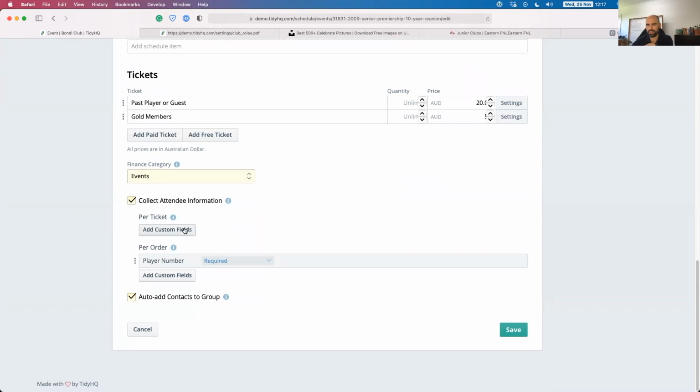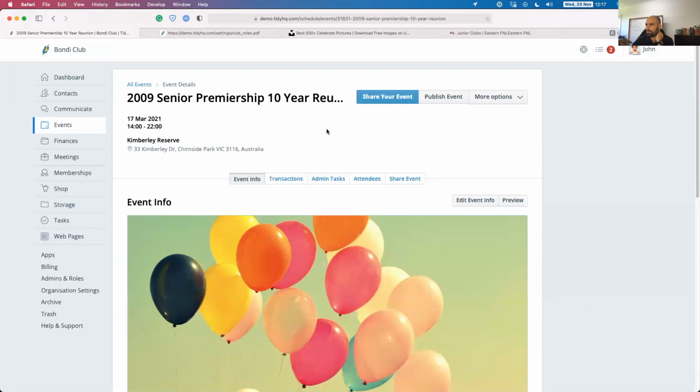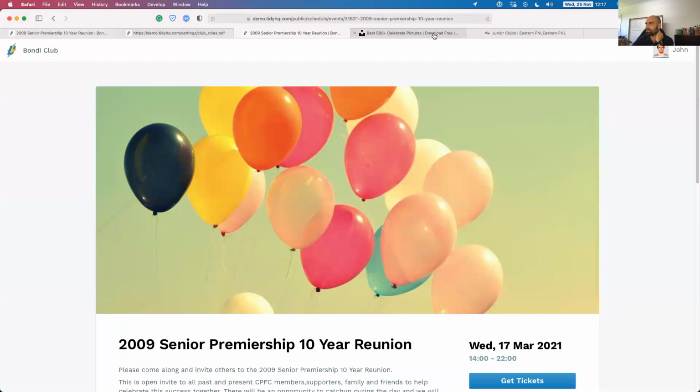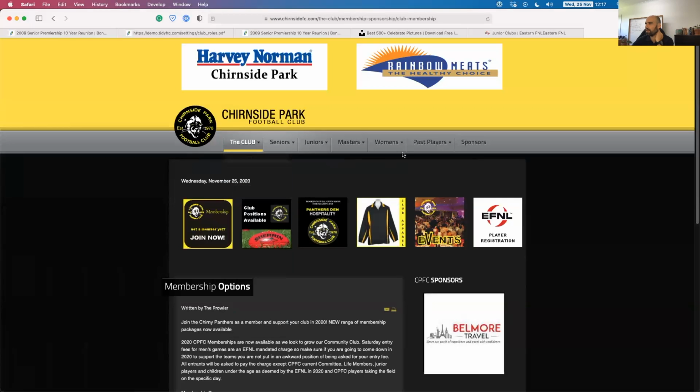We can collect additional attendee information for this event, like what player number they had or something like that. We can make that optional if we want. So if I save this, I'll just show you what it looks like. So just quickly, this is the club that